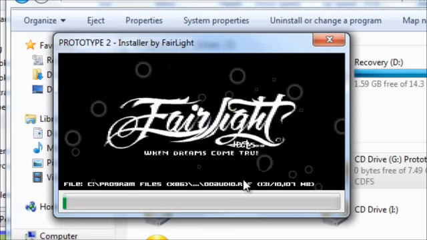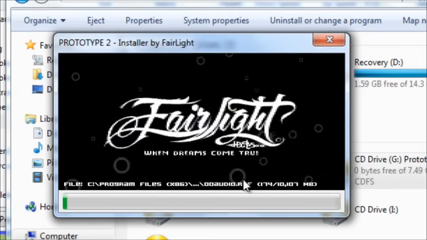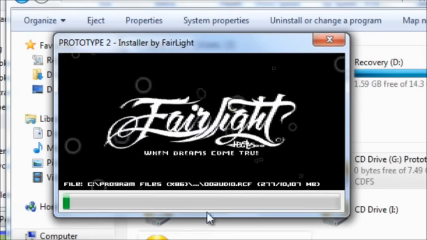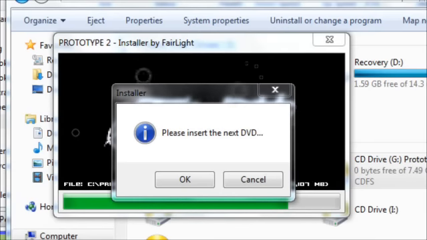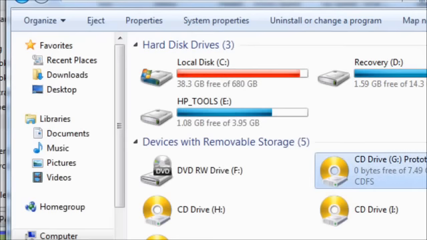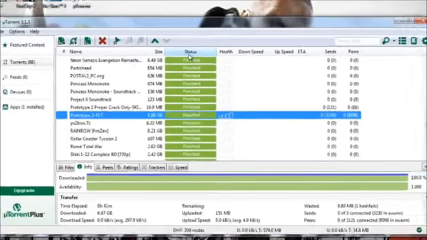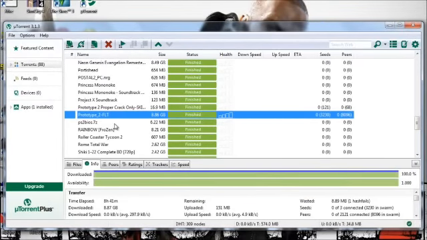So this does take some time. I'm going to go ahead, pause the video, and continue from when it asks for the second disc. Alright, so now the game is asking you to insert the next DVD, or as I like to call it, CD2. All you're going to want to do is, if you are not on that page where you installed the torrent, or have a torrent page,